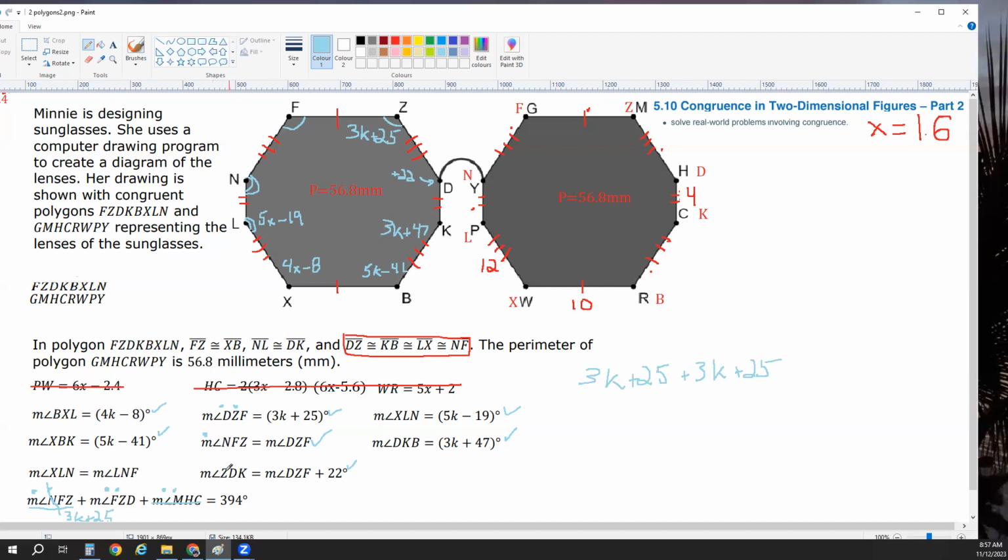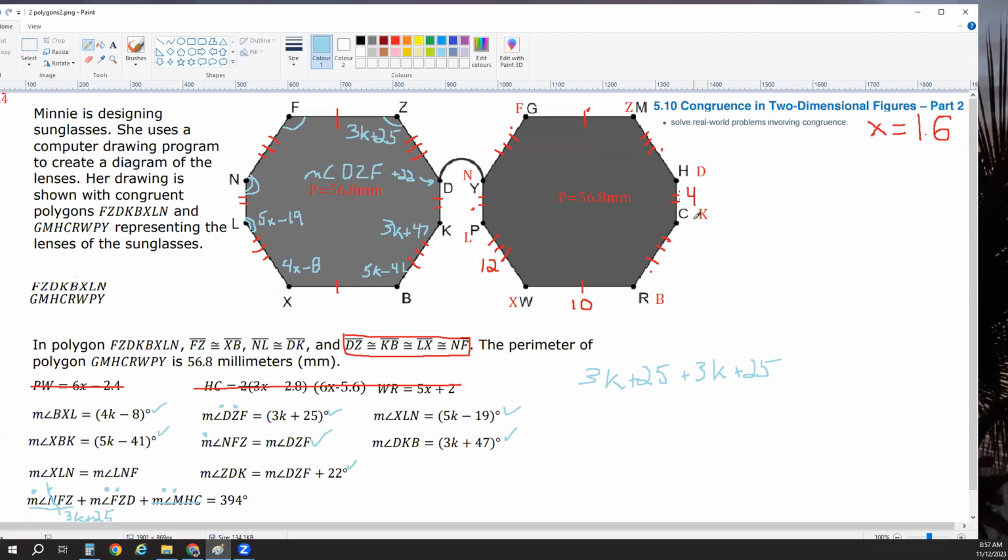Let's say angle DZF. This is ZDK. It's just DZF plus 22. Okay, so we might have to find a measure of DZF first. So, okay, let's see. All right, so measure of